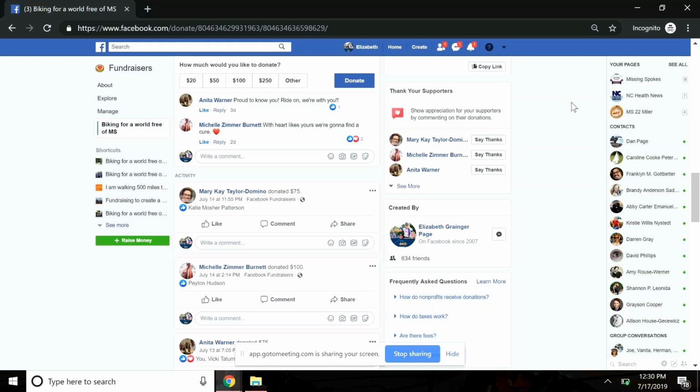You know how to track the activity that's going on, and we still have the rest of July, August, and into September and October to do fundraising. So we want to keep the momentum going. And here are some ways that you can keep momentum going. You can continue to invite friends.